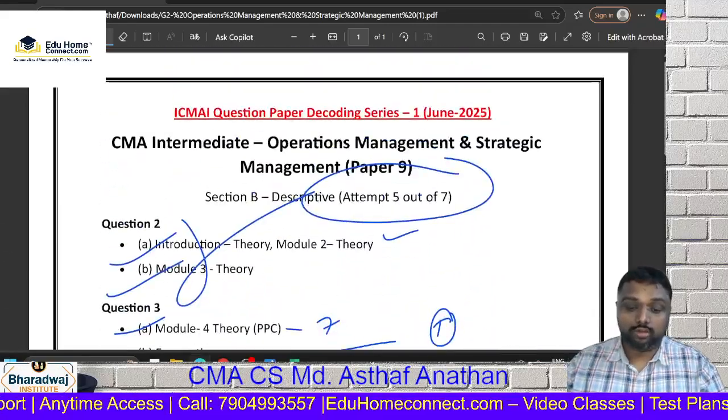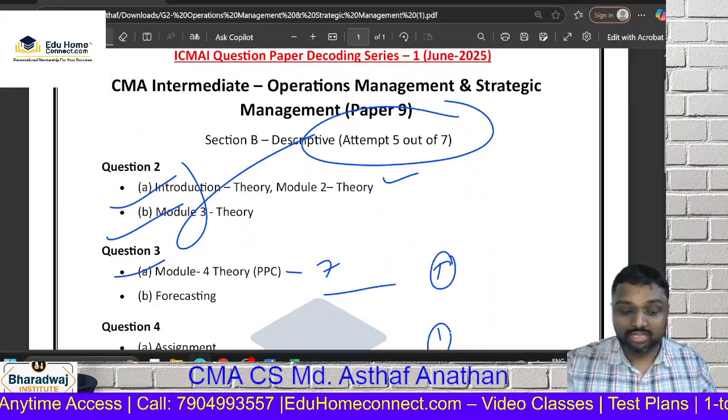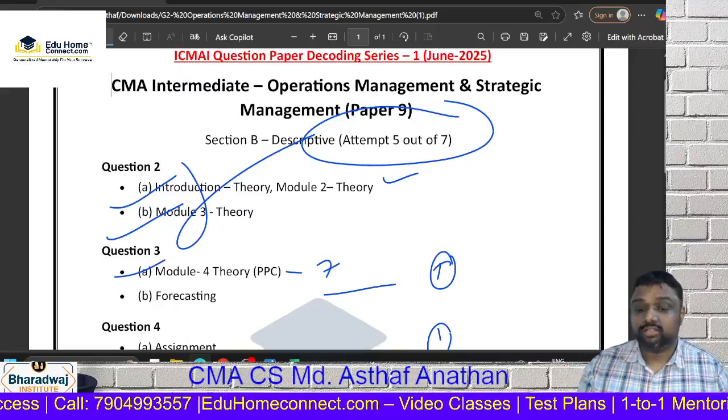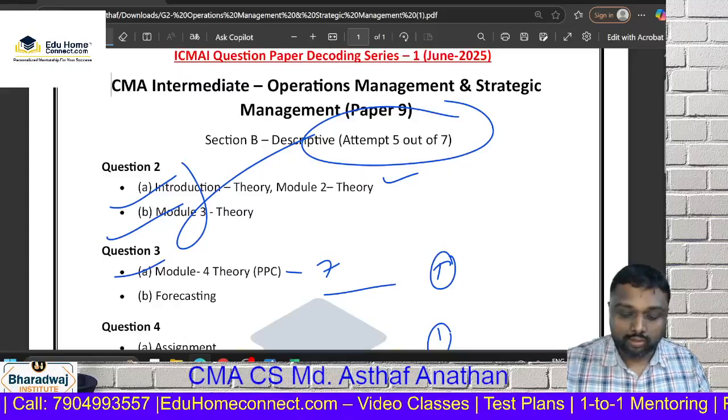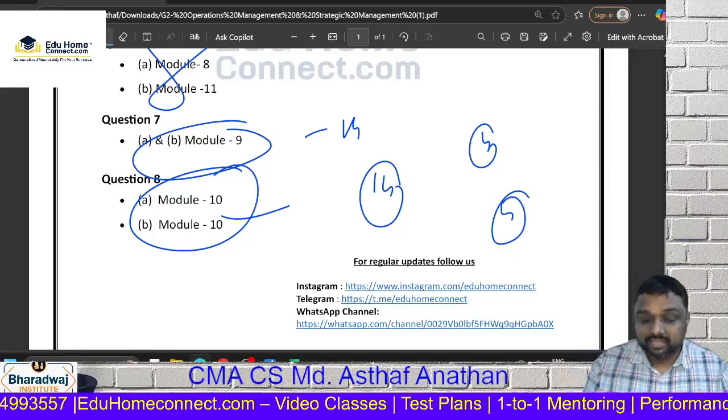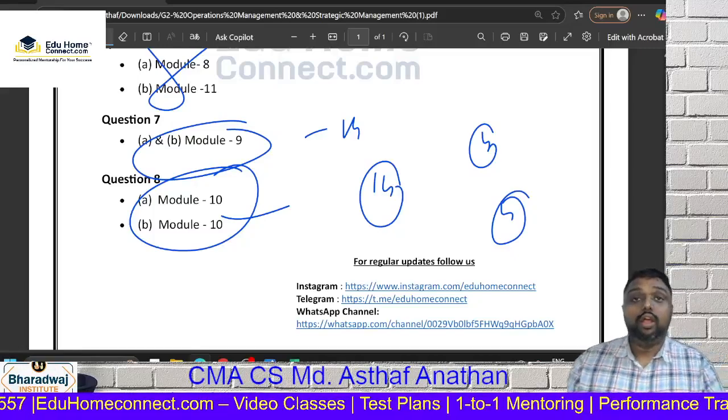Or if you still want to write OM, you can write; this is a small chapter only. Module 2, you have very limited content only. In the regular session also we discussed a very limited area. You can concentrate. Then you can leave out one chapter here, either 9 or 10. This is the best strategy. You can go for it.